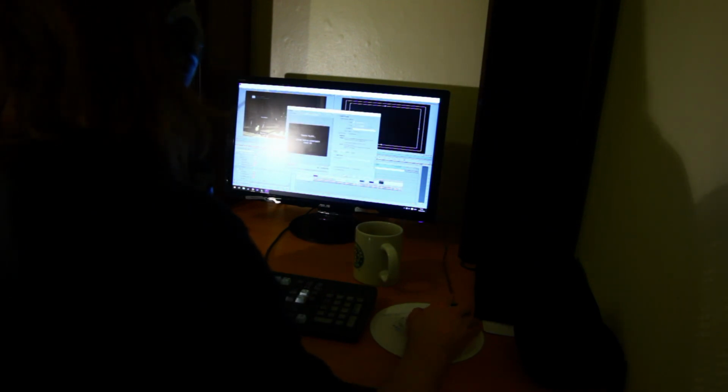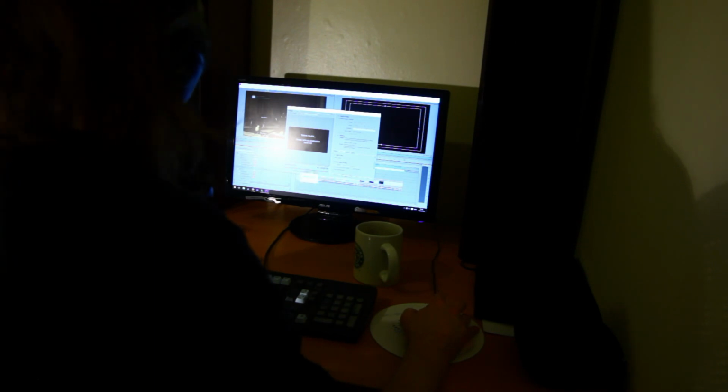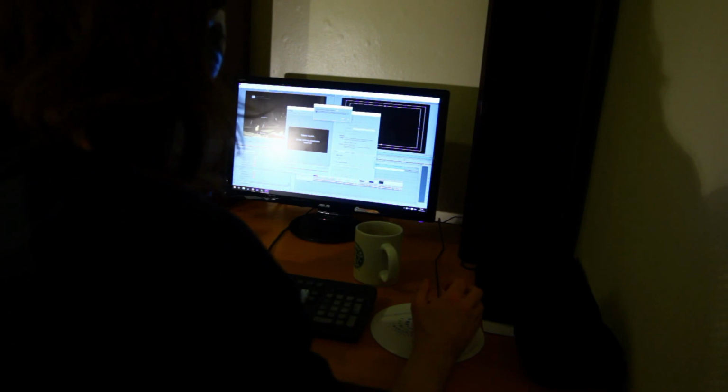Then on my export settings I want to click match sequence settings. That'll make my aspect correct. Scale to fill, just in case, and then source range, I'm gonna say sequence in and out. And then I'll just export it,